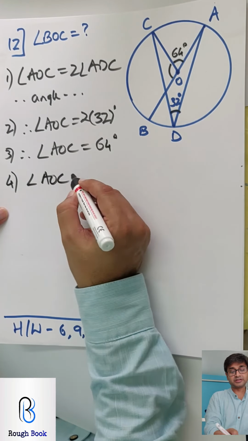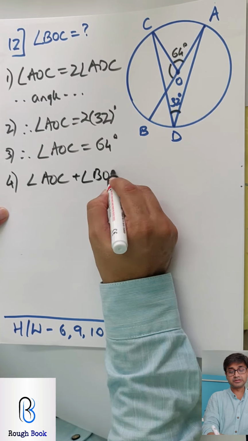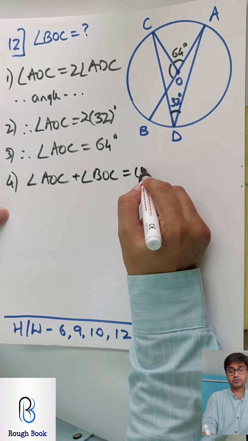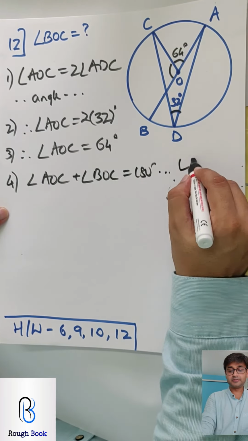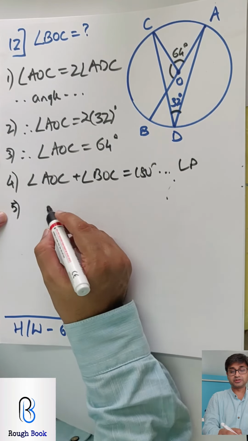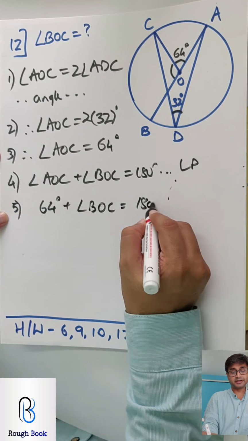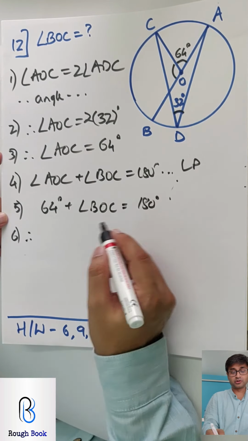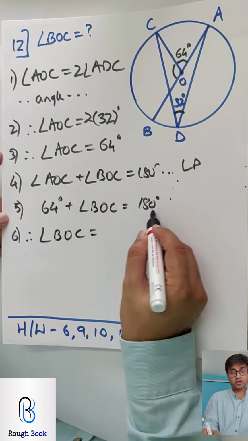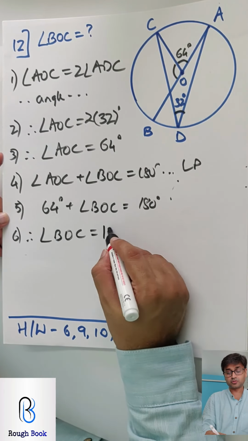So angle AOC plus angle BOC, this plus this, equals 180. Linear pair. So finally AOC is 64, plus BOC is 180, and therefore you can say BOC is 180 minus 64, so